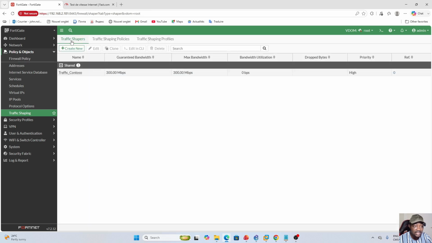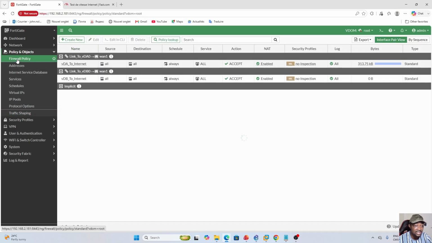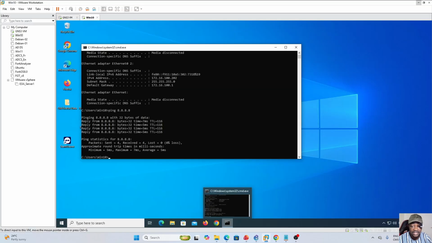This is the traffic shaper. Okay, so now I need to create a traffic shaping policy, right? Traffic shaping policy, because pay attention, this is actually the firewall policy that is being applied to the workstation, so to this Contoso vDOM. So from now, if I check, for example, here on this workstation,